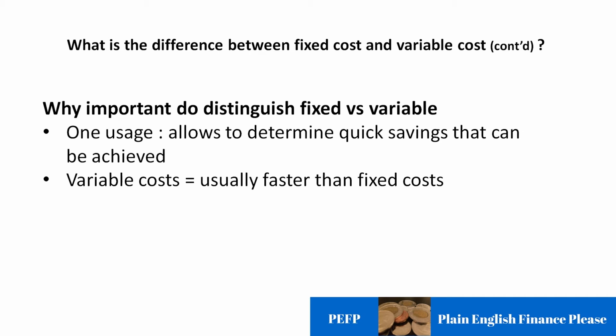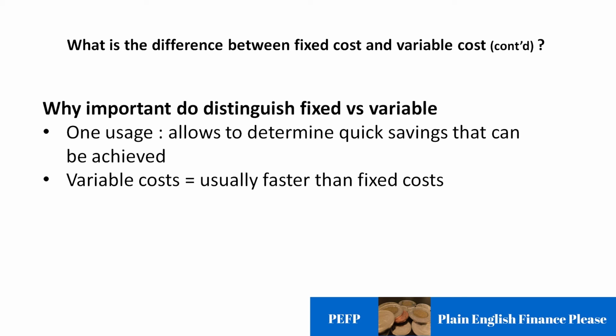That's all good, but what is the difference between fixed costs and variable costs used for? Well, there are many possible usages. One of them is to determine the quick savings that can be achieved. How does it work? Well, if you list all your annual expenses and set a goal of saving 1% of it, it will be easier to identify how to decrease the variable costs, because the fixed costs take a longer